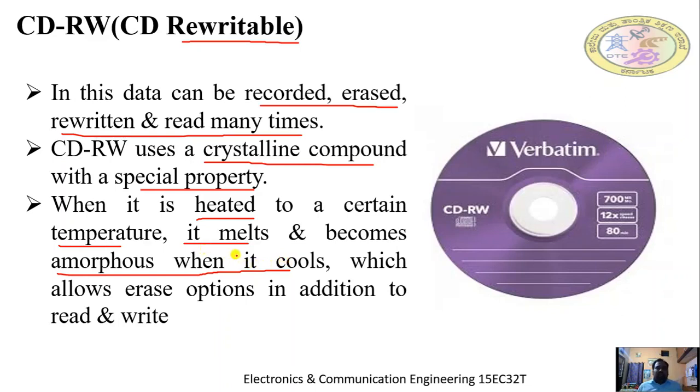the region will be melted, and whenever it is cooled again, it will be back to the normal shape. Which is nothing but erasing the entire data stored on the CD in the form of circular track. So all data will be erased and it is ready for the write operation again. This is how the erase operation is done. This erasing provision is provided as it is made up of a special type of compound, that is crystalline compound, which offers the special property of erasing.